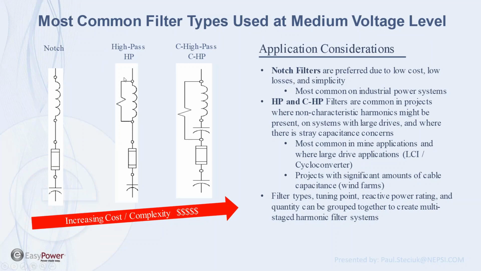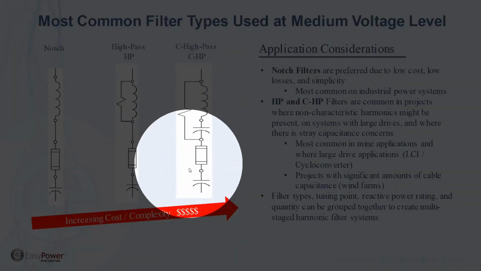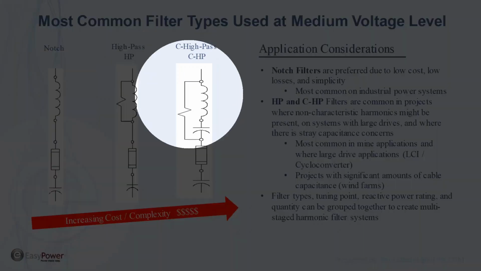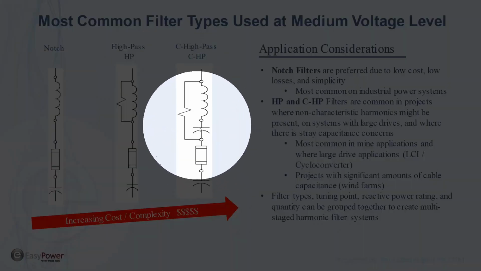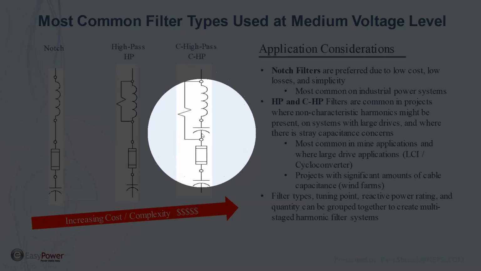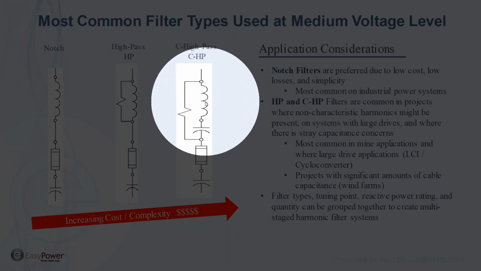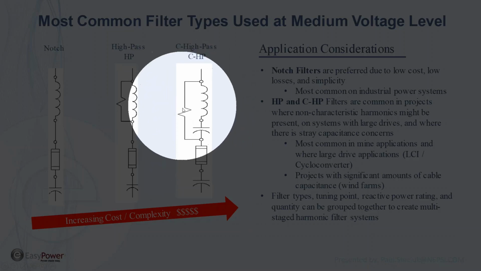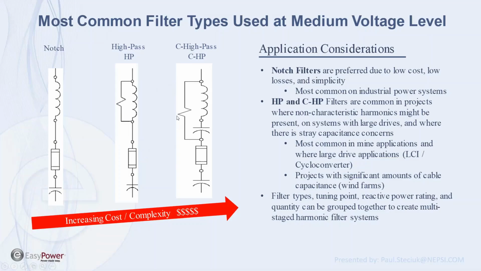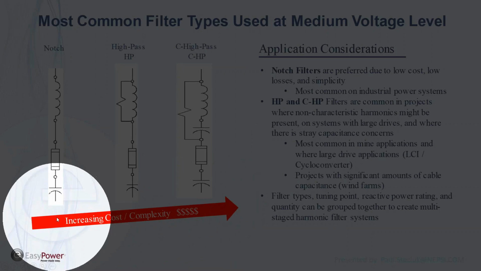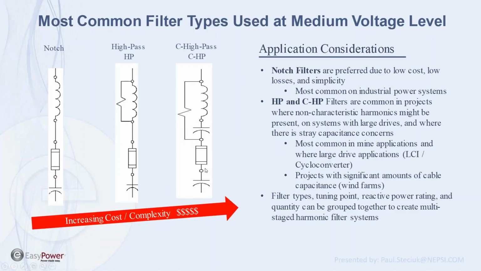And then lastly, we have this C high pass filter. A C high pass filter carries the same performance as a high pass filter. The difference being we have this aux capacitor right here in the middle, and that aux capacitor acts to tune this inner branch, this X or L here, this inductance and this capacitance, to 60 hertz, when we therefore are shunting this resistor and eliminating losses at the 60 hertz rating. So we have an increasing cost for these types of filters, and it only makes sense to start with notch